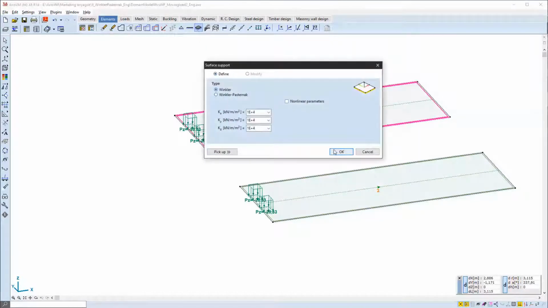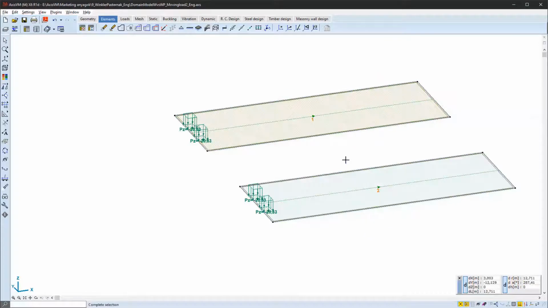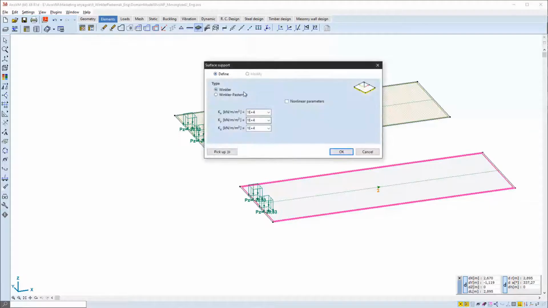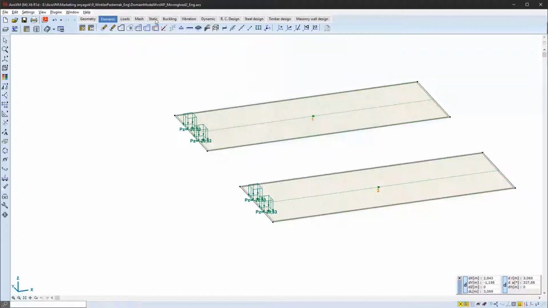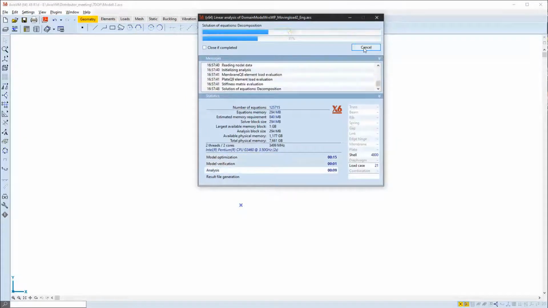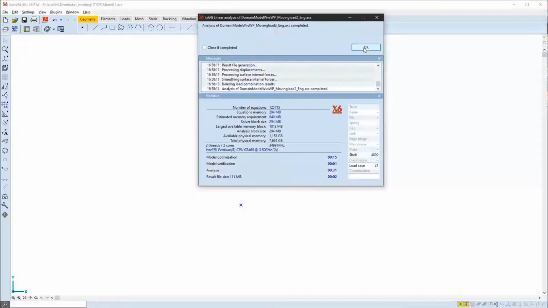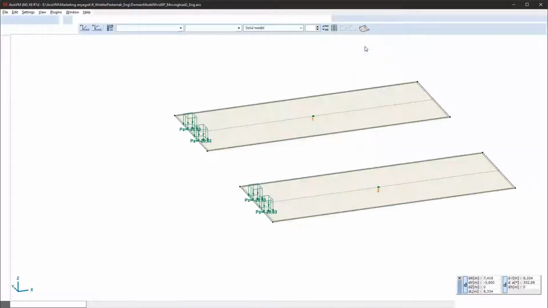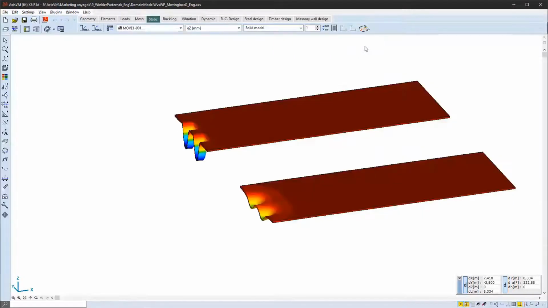The next example is very similar to the beam type. This is using a surface domain. And again, we have to set the shear stiffness for the Pasternak layer. And after running the linear analysis, we will see that displacements in the Winkler-Pasternak supports are much more even than in case of the simple Winkler type.